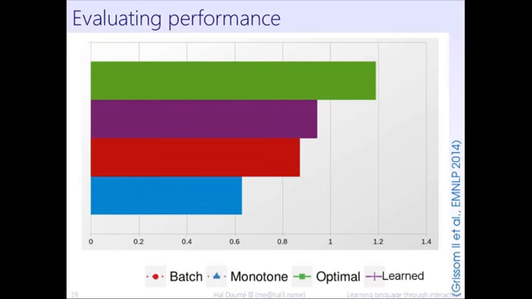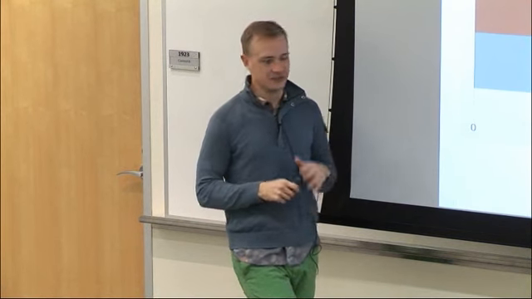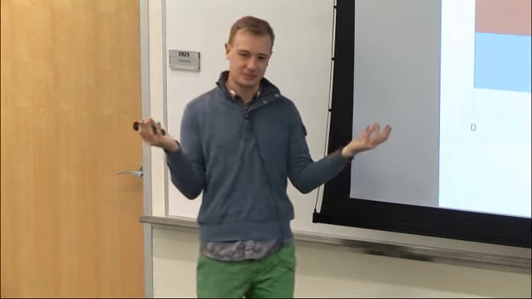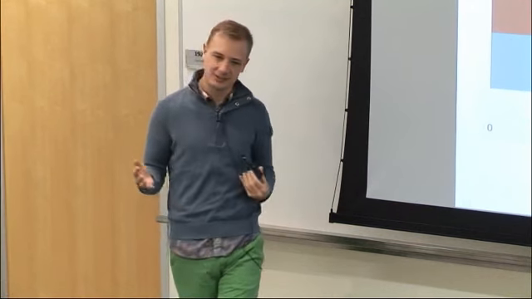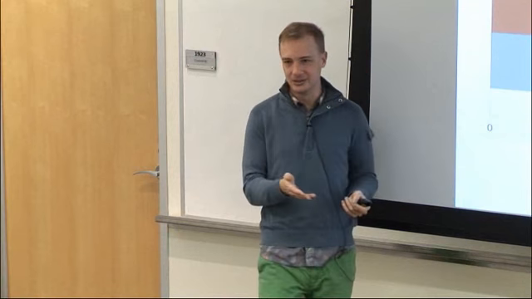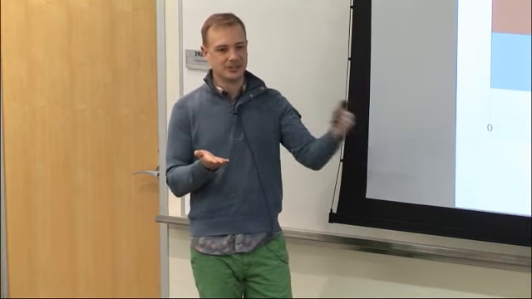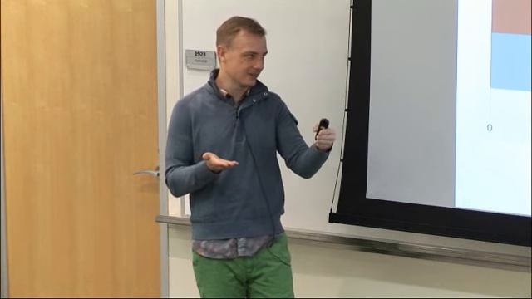So the first question is, how do I measure whether it works? We had to invent some sort of evaluation strategy. There are two things we want. We want a good translation, and we also want it to be speedy. So the way we're going to do this is we're going to take standard machine translation evaluations, in this case we're using BLEU, and we're going to measure BLEU at every time point. So what's your BLEU score after the first word? What's your BLEU score after the second word? What's your BLEU score after the third word?